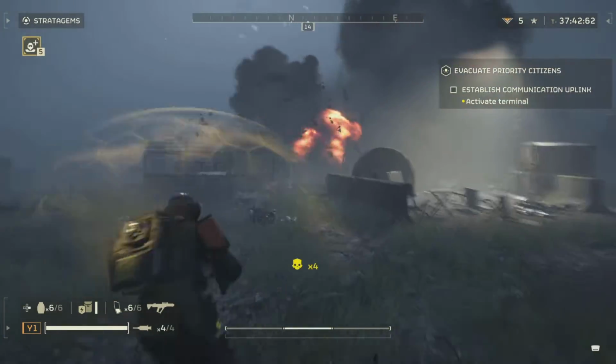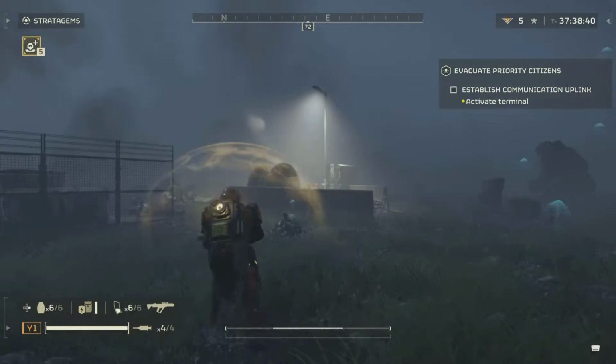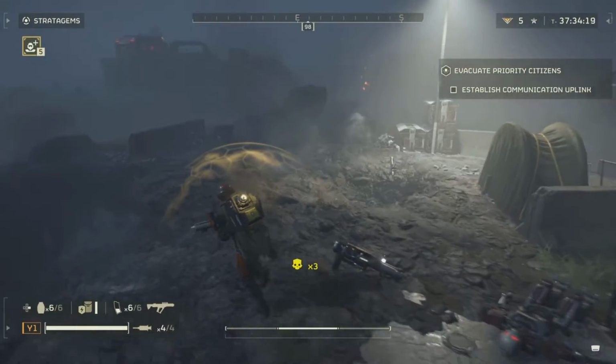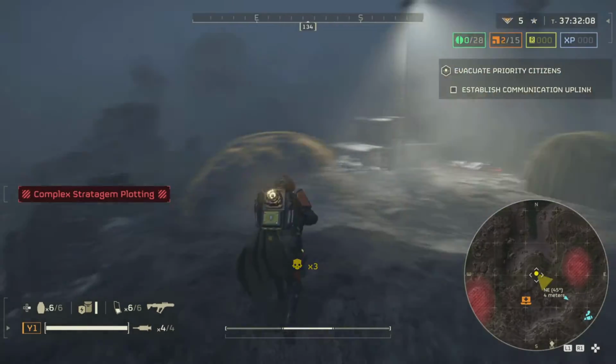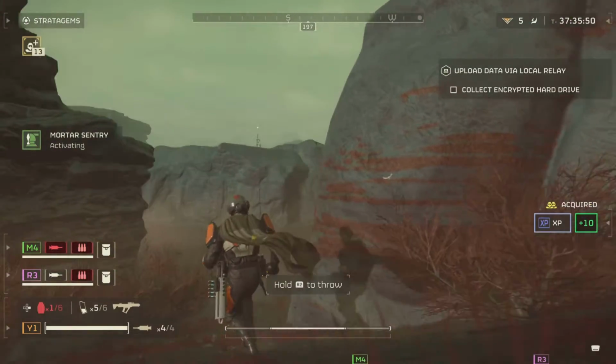Another mistake I see a lot of people commonly make is they will place their turret to fire on an area that's inhabited by friendly units. What you want to do, on top of sniping, is be the first person to attack that location. That's why I like to throw it either far ahead of myself or far behind myself,